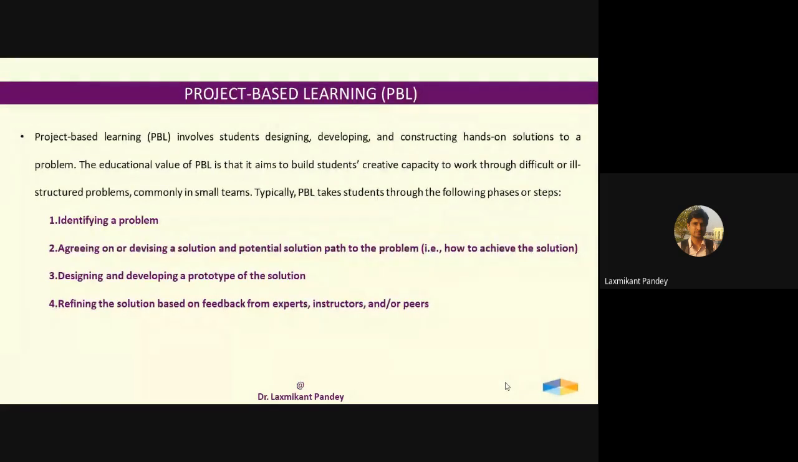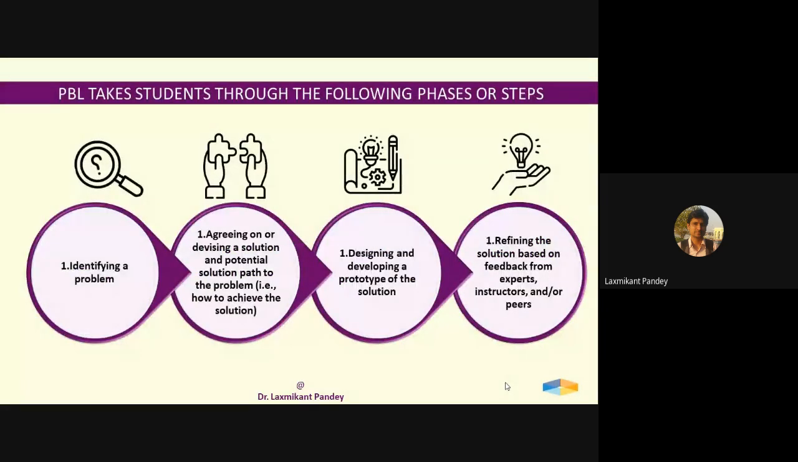So if you look at the different steps involved in project based learning, every step is going to add extra skills among the students, and by those skills the students can place themselves in an effective position in society, in the global scenario. The same thing I mentioned in my last slides, that it has 4 steps: identifying a problem, and